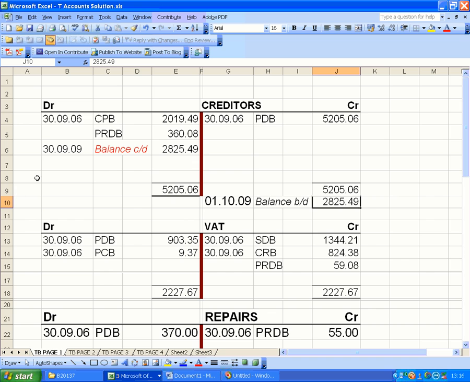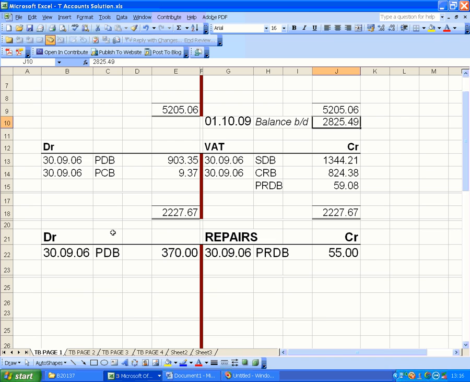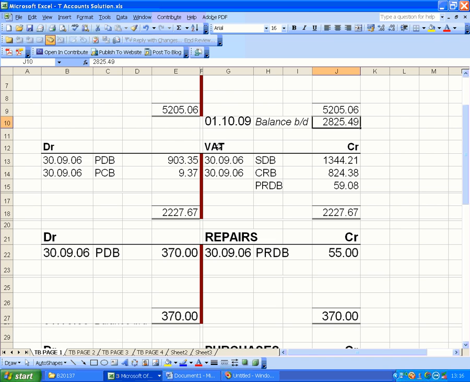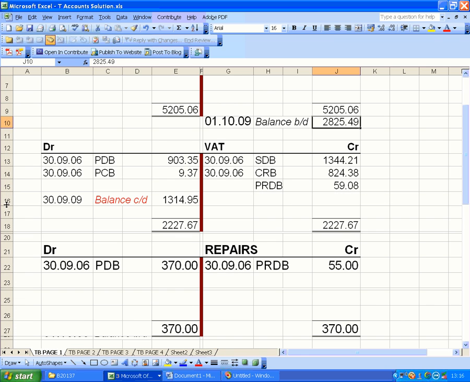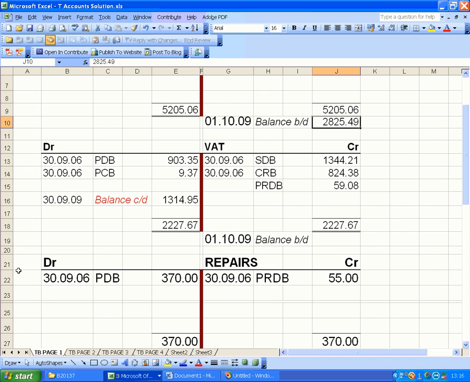$2825.49. Again, we now look at the T account of the VAT account, and we will have to establish which side requires the actual balance to make both sides equal, determine which side it is, and insert the balance c/d, and carry that figure down to the beginning of